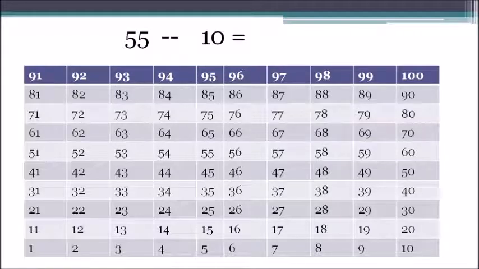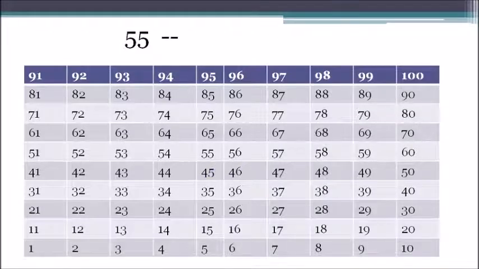We had just discussed that in case of subtraction, when you are subtracting 1 tens, then we have to go towards down. So let's reach 55 first. We have reached 55. You can see the triangle is on the box of 55, and we had just discussed that in case of subtraction of 1 tens, we have to go one step towards down. So when we go one step down in that column, we will reach 45. So what will be the answer? Answer will be 45.